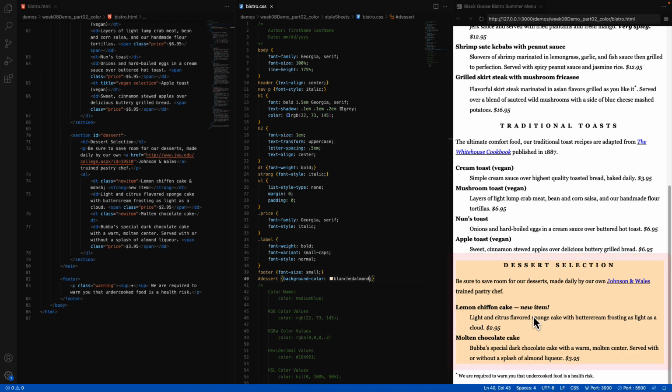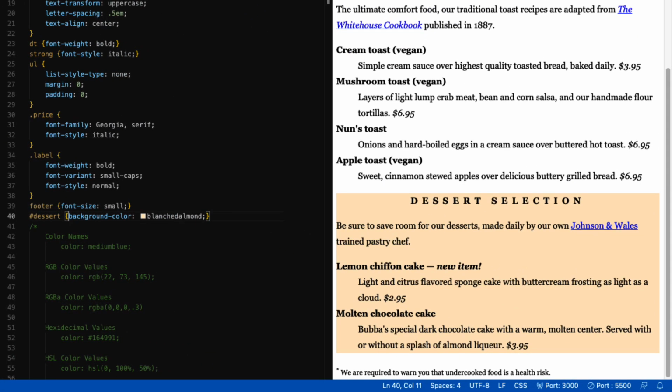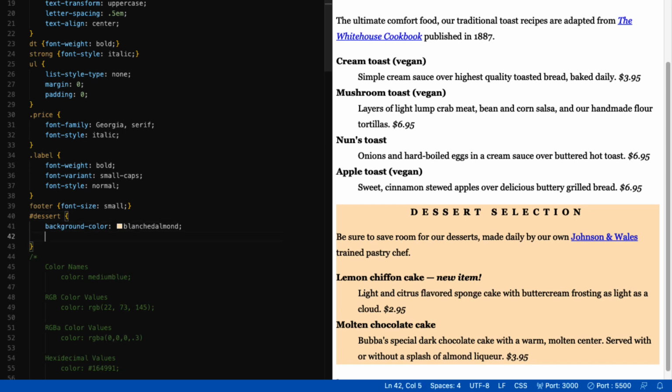Let's put a border around it also. I'm going to add a second property value pair to make this a declaration block. Now with a border, we're going to actually use 3 values. This is going to be called a shorthand property, and we need to make sure we're using shortcuts as often as we possibly can. So I'll show you this one right away. When we're taking a border, we need to have 3 values: